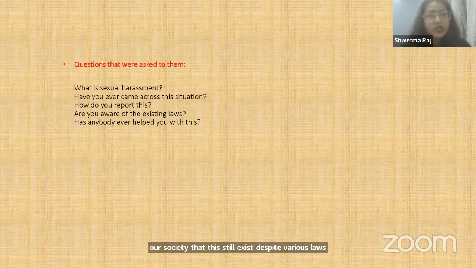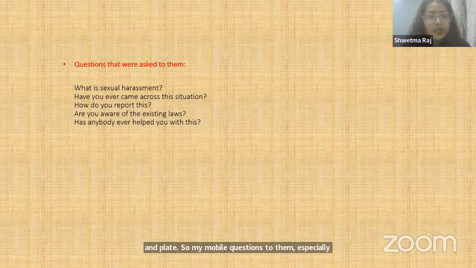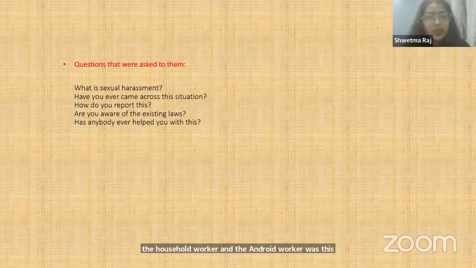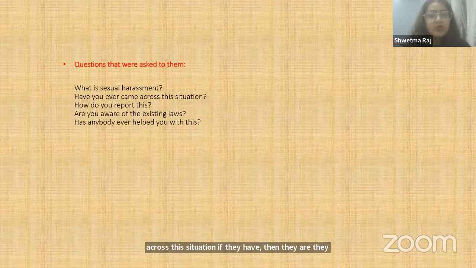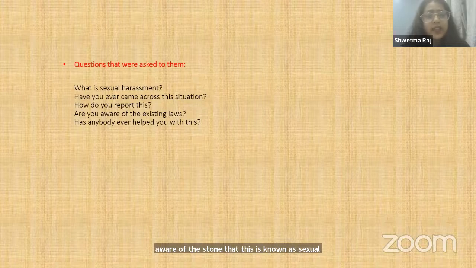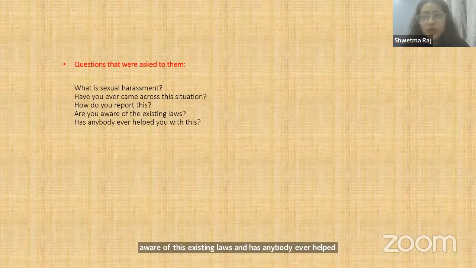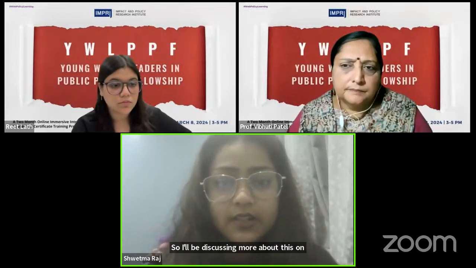So my verbal questions to them, especially the household worker and the Anganwadi worker, were these: what is sexual harassment, and have they ever come across this situation? If they have, are they aware that this is known as sexual harassment, how do they report it, are they aware of the existing laws, and has anybody ever helped them with this or not? So I'll be discussing more about this in the paper which I'll be presenting,